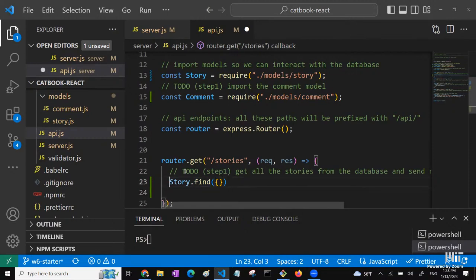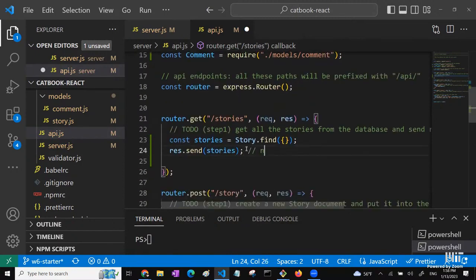So we can't do something like const stories equals story.find and then res.send stories. This is not correct, right? Because again, JavaScript is an asynchronous language. So it's possible for the server to execute line 24 to send back stories without this finishing, right? Without fully finding all of these stories from the database. And we don't want that to happen. We want it to be such that we only send a response to our front end when we finish finding